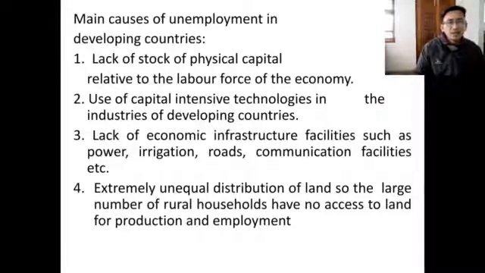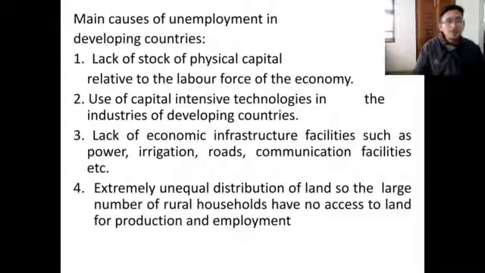Then number two, the use of capital-intensive technology in industries of developing countries. Developing countries basically depend on agriculture, the primary sector, and there capital-intensive technology and machines are being introduced, such as the mechanization of agriculture, like tractors and harvesting machines. How you do with the use of a harvesting machine, only 4-5 people are needed, so automatically, because of the machine, some persons